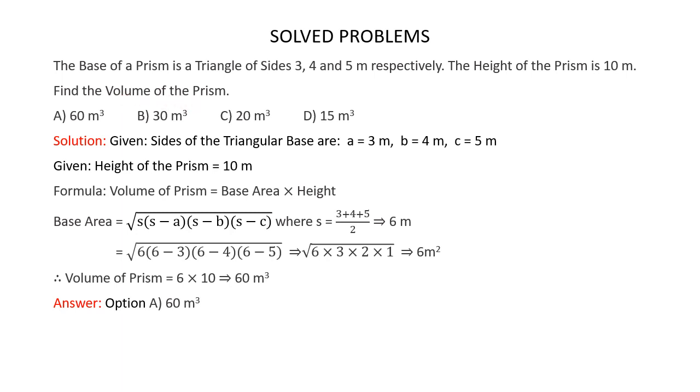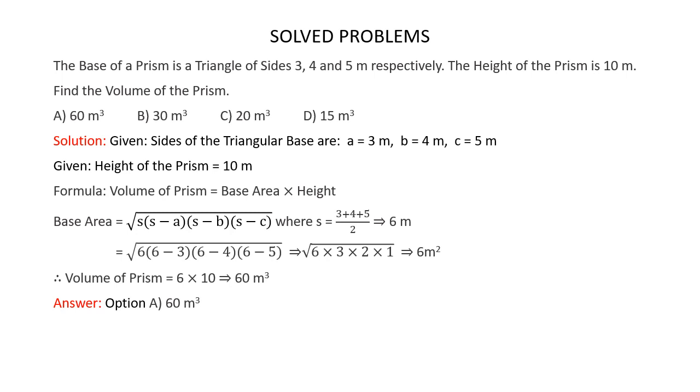Now we know that volume of the prism is equal to base area multiplied by height. Now height of the prism is given as 10 meters. So if we find out the base area, we can easily calculate the volume of the prism. Now here, since the sides of the triangular base are given, we can find the base area of the prism